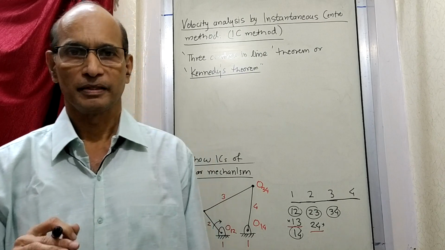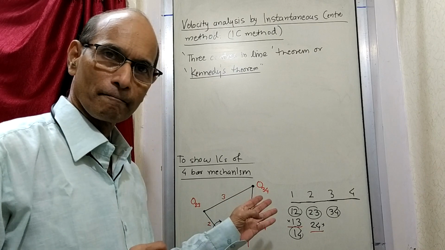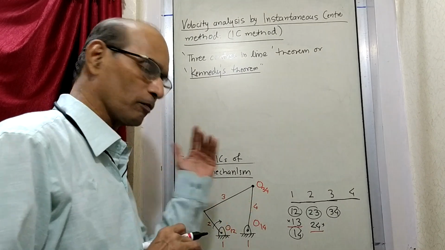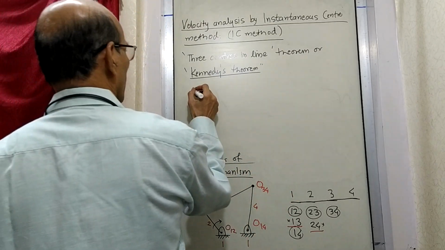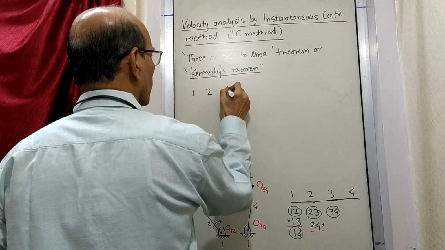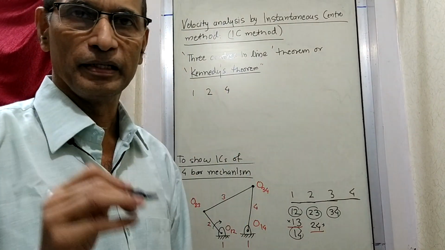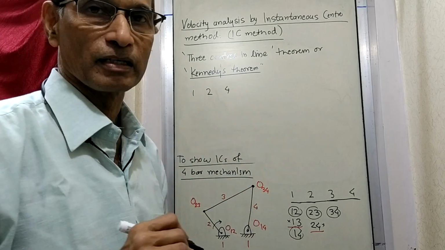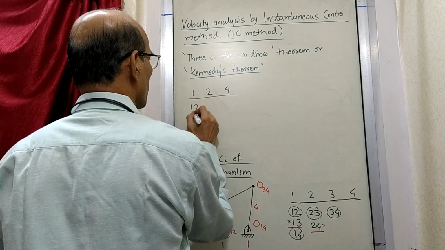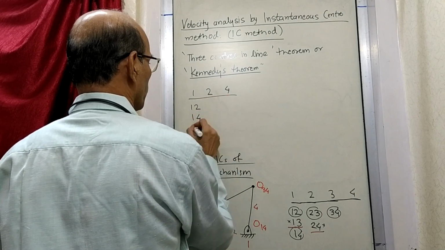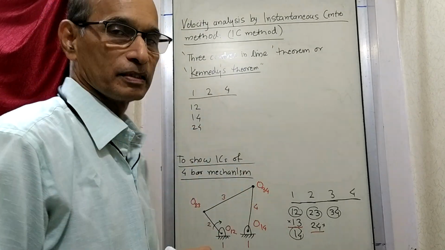That is the theorem. Now what it means, here you can see there are 4 links, okay, and they are having a planar motion. So as per this theorem, if you take any 3 links, suppose I take link number 1 and 2 and 4. I took 3 links out of 4, 1, 2 and 4, any 3 links. Now what are the different centers formed by this method? 1, 2, 1, 4 and 2, 4. These are the 3 centers formed by these 3 links.